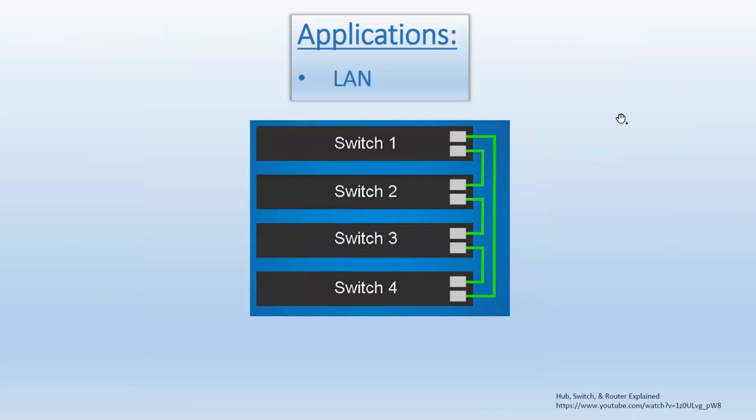Now, applications. Not all the communication happens between just the PCs. There's more to networks than just the communication between PCs, such as PCs versus wireless access points, or cell phones and tablets for entertainment purposes, or maybe even for educational ones. There's so much more when it comes to communication between devices.